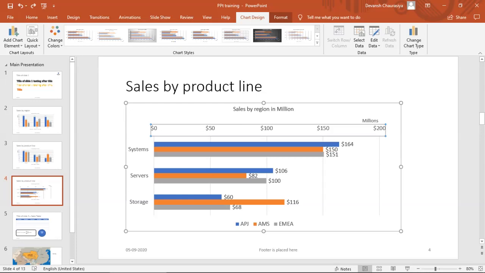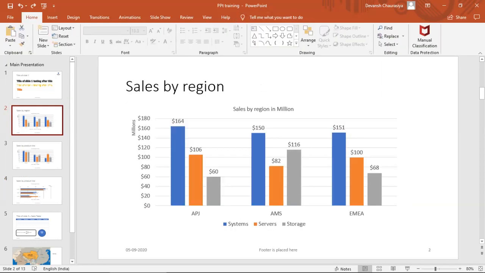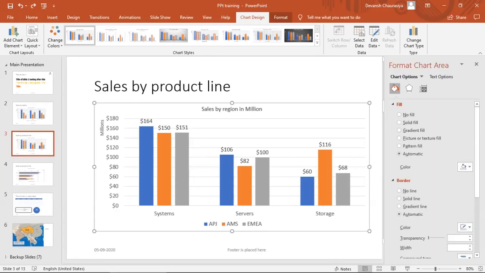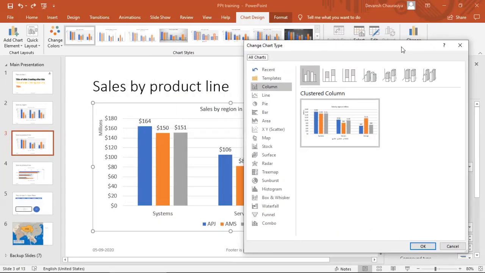Let us leave it like that for some time. Okay. So this is a bar chart. Now let us take another example in the column chart itself. Let me use this duplicate one. When you click on chart type, the product head said that I want it in 3D.